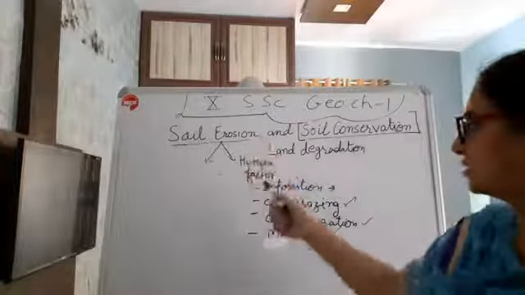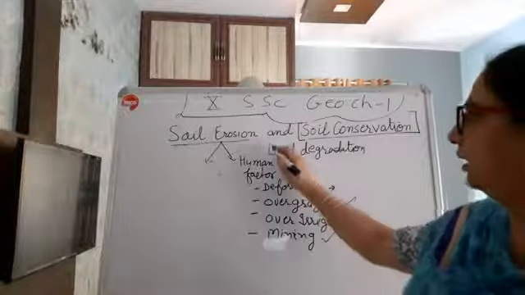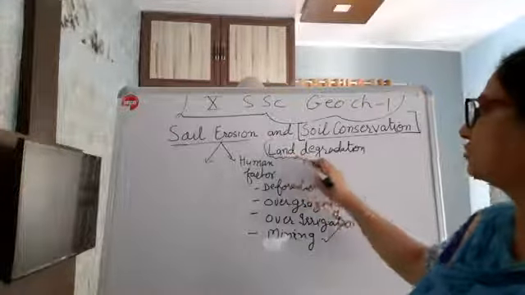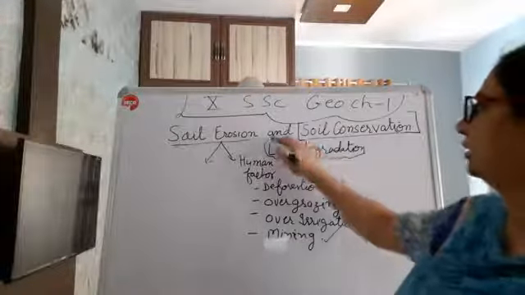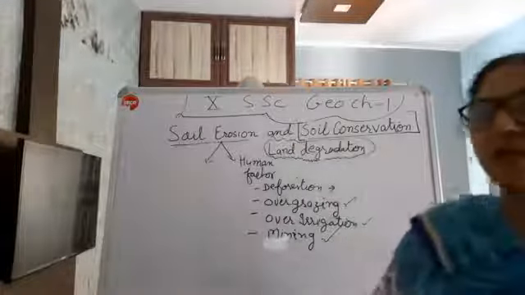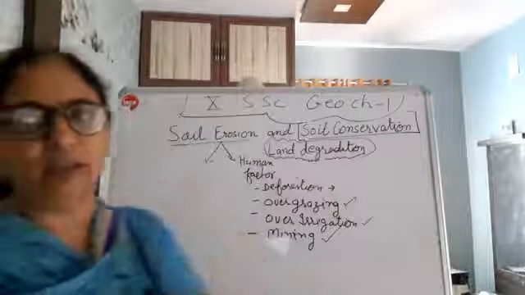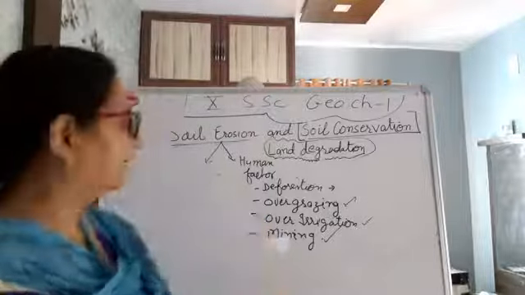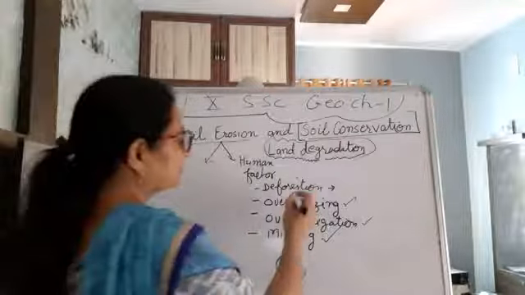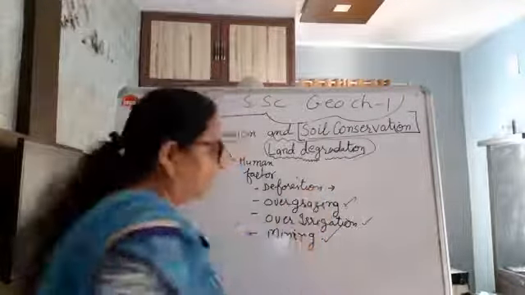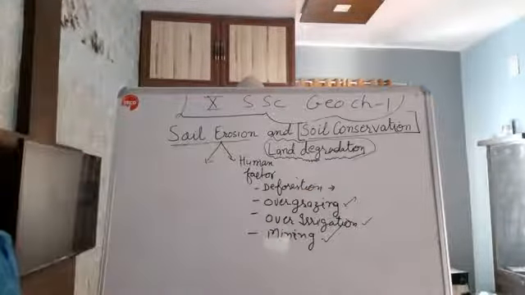When soil erosion is there by human factors, ultimately it leads to deterioration in the quality of land. I mean to say, its fertility gets lost. इसकी जो quality है वो बहुत कम हो जाती है, down हो जाती है. Regarding that, there is deforestation. Right? And then if we talk about,